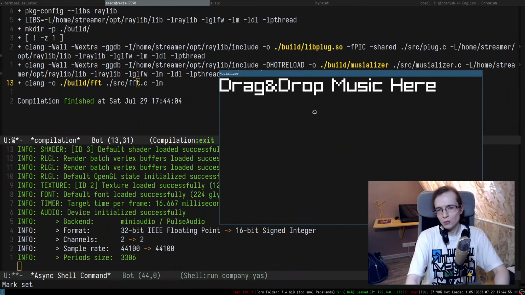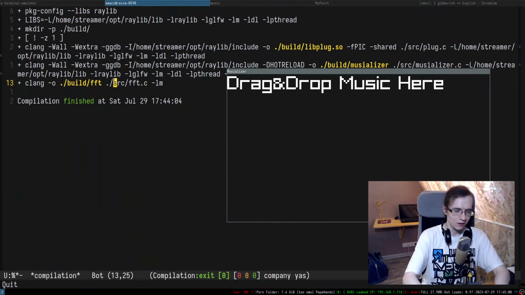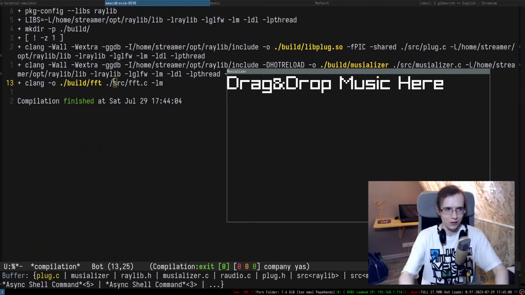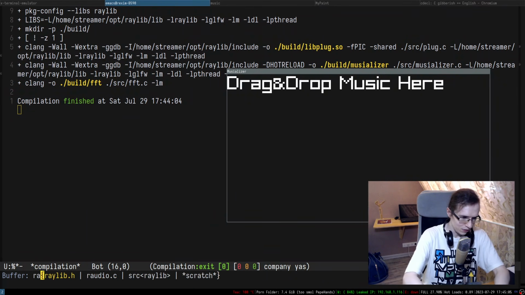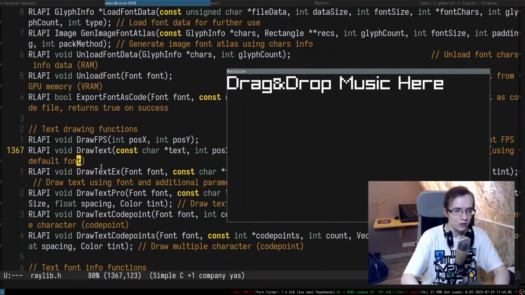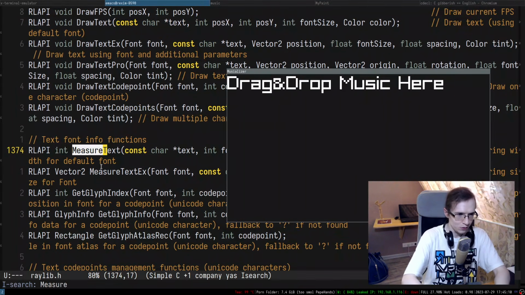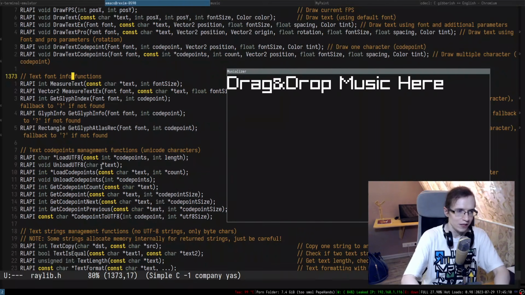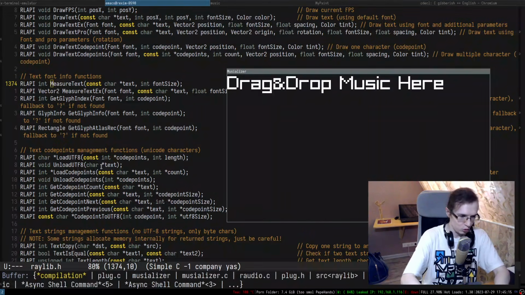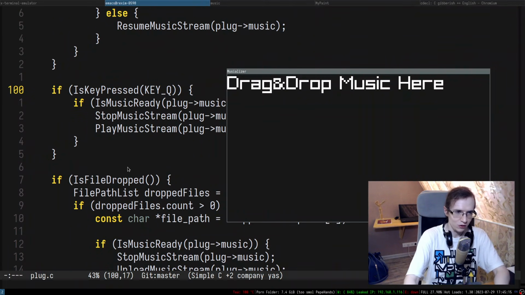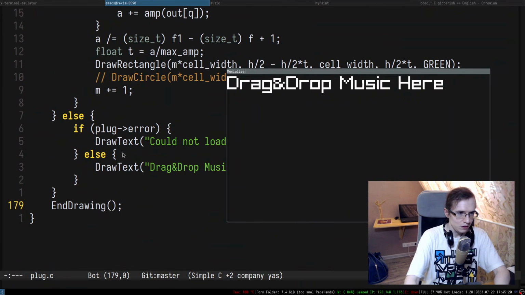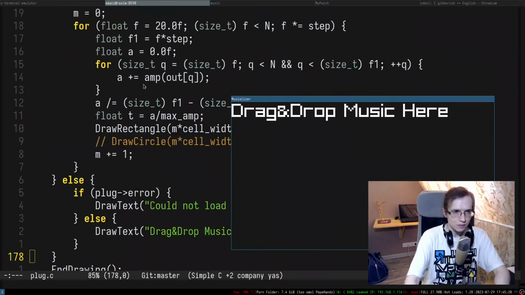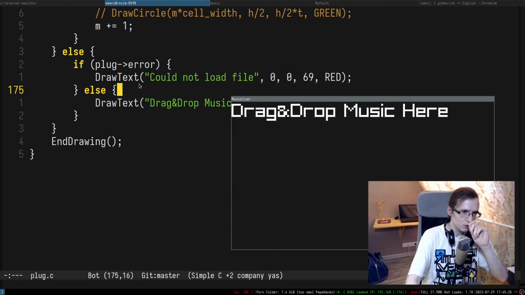Right. One of the things I want to do, I want to center this thing in a center, right? If that makes any sense. Center it in a center. So to do that, I need to measure the text. I remember there was a thing called measure text, where you supply the text that you want to measure, and it gives you the size of this entire thing. Let me see. So maybe